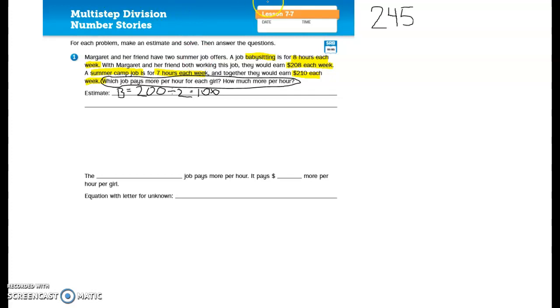So then we are going to figure out how much they'd be making each hour. I'm going to take that 100 and divide that by the 8 hours each, but since we're rounding, I'm going to make it 10 hours each since it's just an estimate. We know 100 divided by 10 is going to be $10. So $10 an hour. So babysitting,